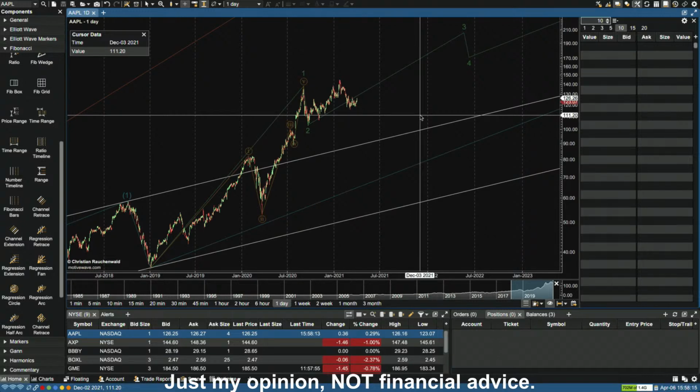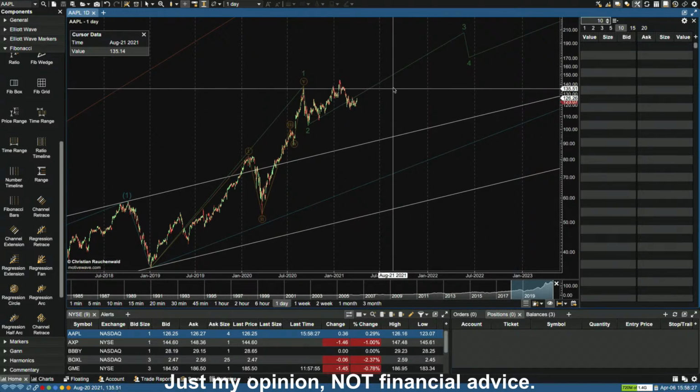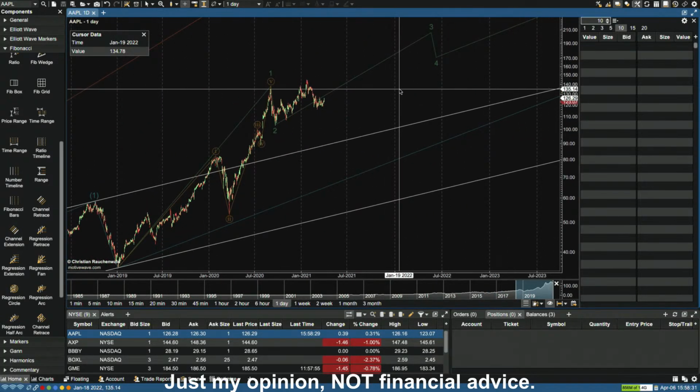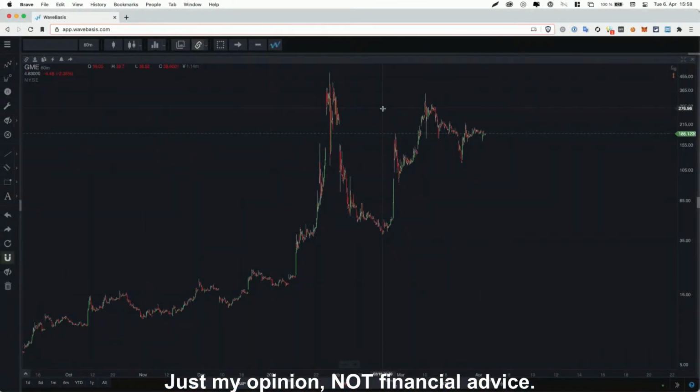Now, I played around a little bit yesterday, and I also played around a little bit today. And I have to say, while I'm still not a fan of the 1985 look of the software in general, the more I play around, the more I like it. Obviously, there's a difference between paying $50 per month for Wave Basis, which has already its use cases,